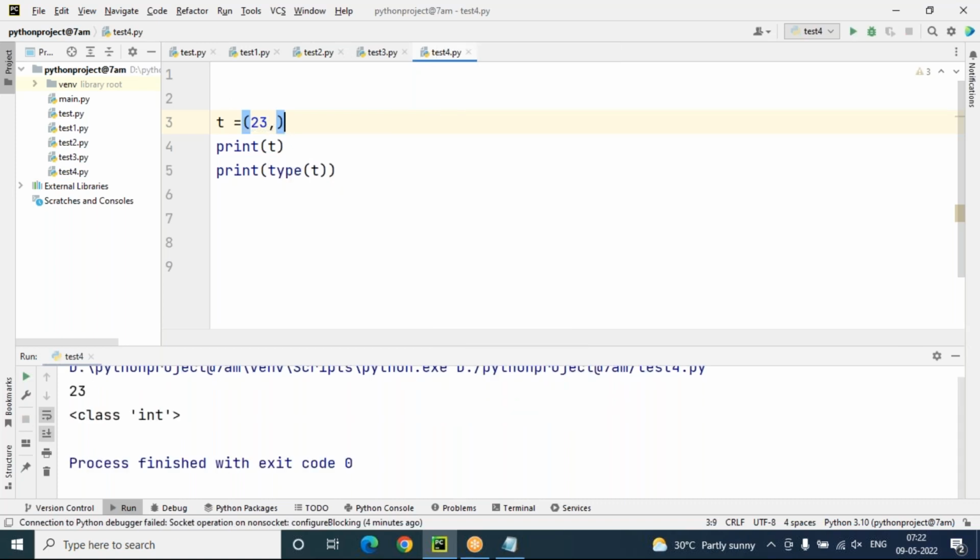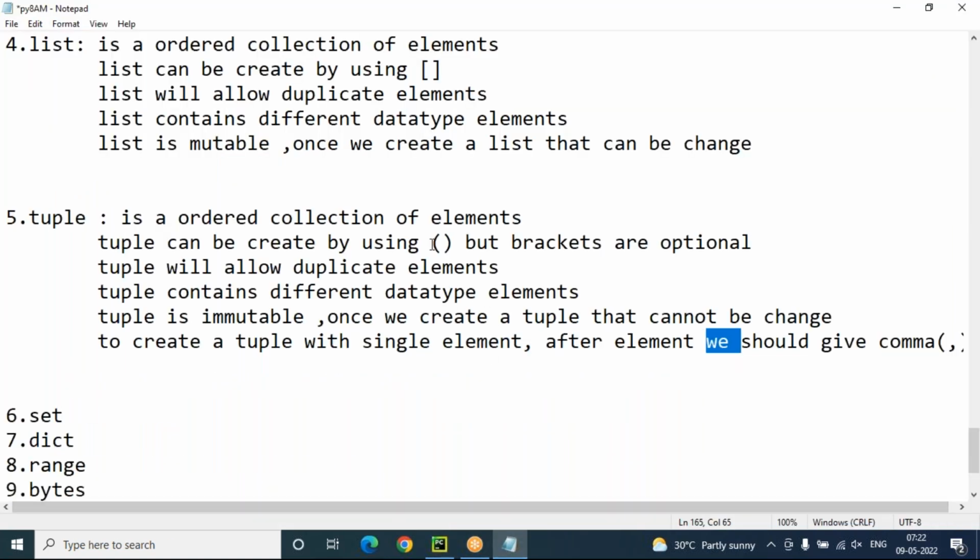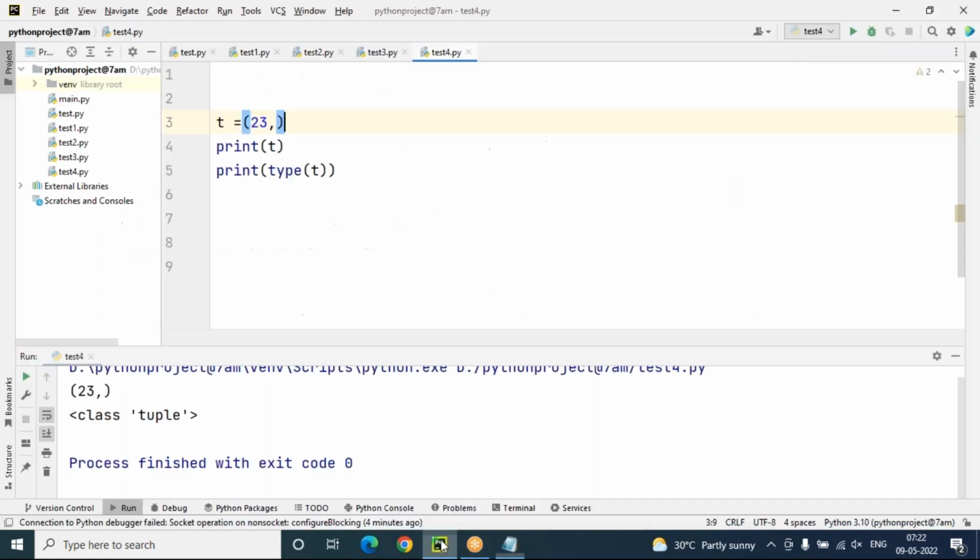As I said, brackets are optional when creating a tuple. You can see while creating a tuple, brackets are not compulsory. I'm just removing the brackets. Without brackets also, it creates a tuple. Yes,